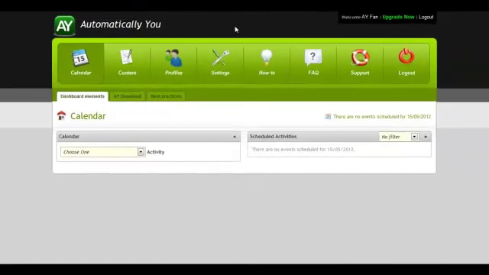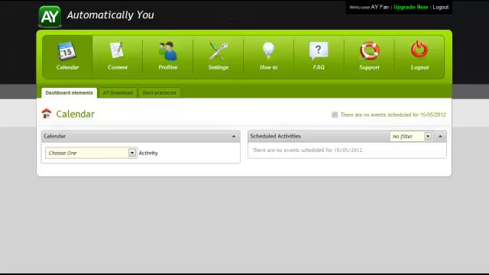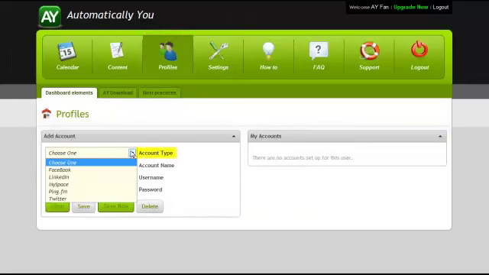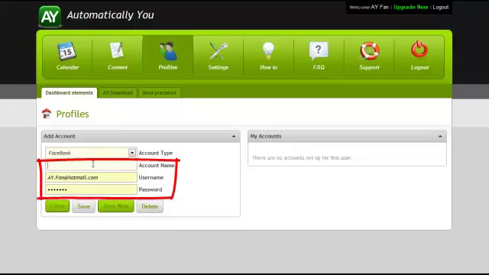The next step is to add some information about your social media accounts. Click on the Profiles page. You can add a new social media account by selecting the appropriate account type. As you can see here, we currently support Facebook, LinkedIn, MySpace, PingFM, and Twitter, and we'll be supporting other networking sites in the future. Let's select Facebook, giving it an appropriate name, providing the username and password associated with our